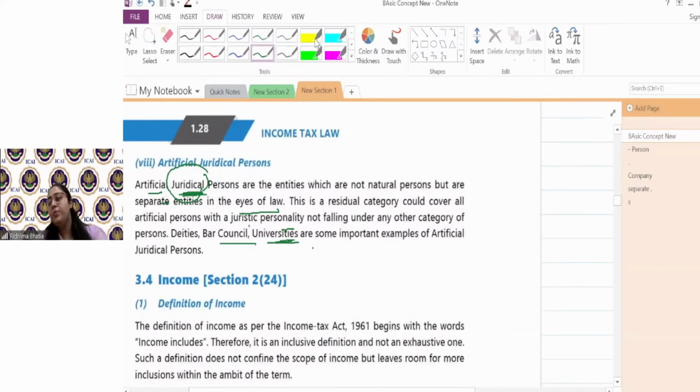AOP or BOI may not be registered under any law. They may be incorporated or not. See, definitions generally exam में नहीं लिखना होता, but हाँ, if you will write, Aishwarya, if you are writing it like as quoted in section so and so, so you are writing it exactly as quoted. You can write as per the provision, so you can make a little shift in there, but it should not deviate from the meaning. Okay.